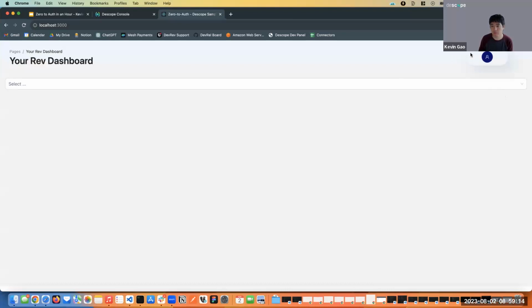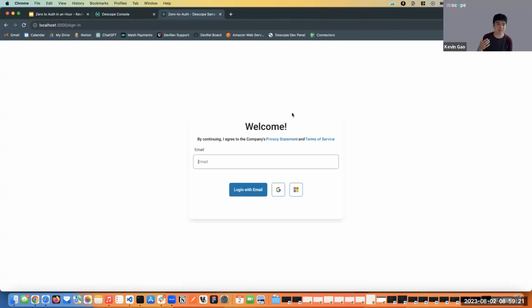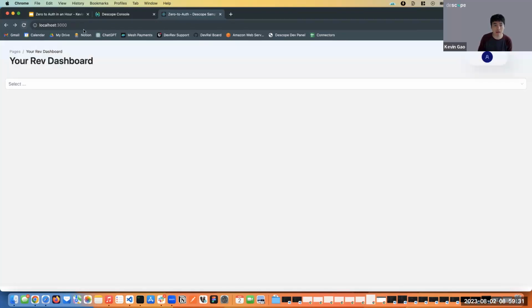Now what we want to do is change this login button so that when I click login and I sign in, it should actually say log out, and it should actually log me out, and it should invalidate all of those tokens that you see in the browser. And so in order to do that, we're going to use the React SDK again, and we're going to do that